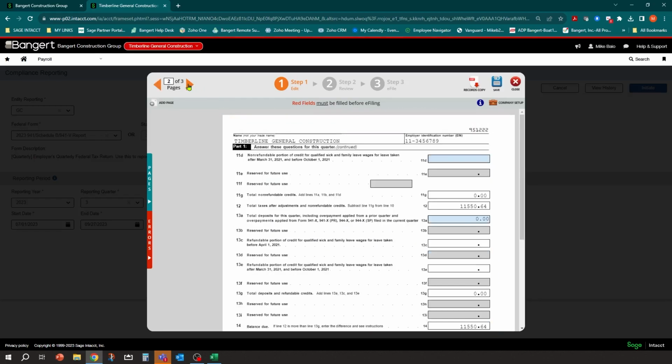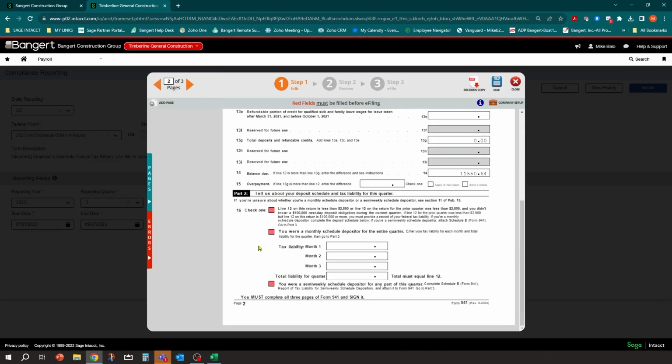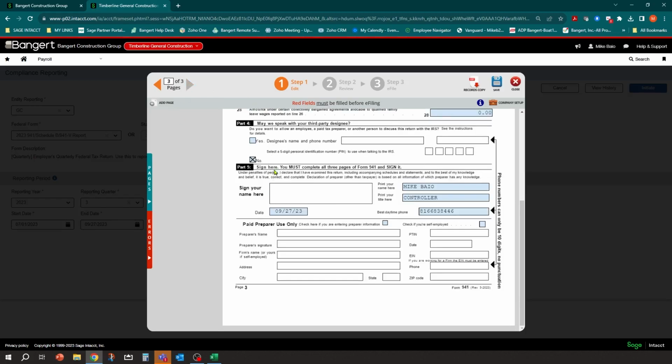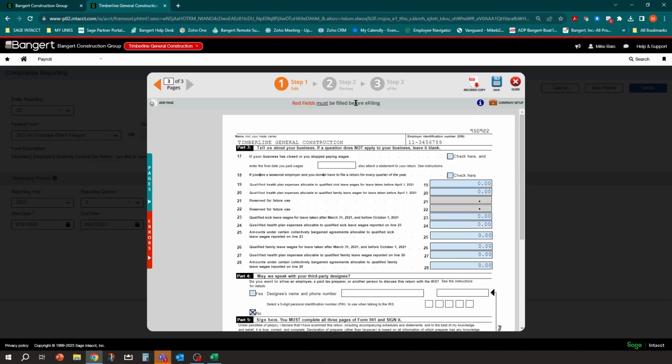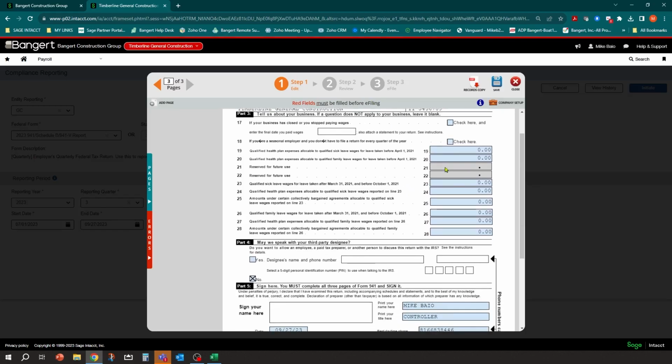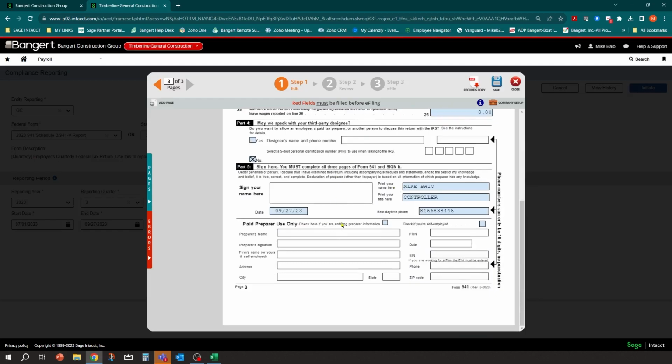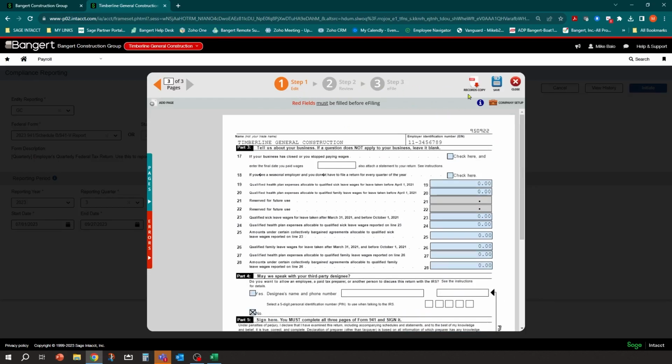And I'm just going to go to my second page. And then you have third page. Okay. And then from there, you could records copy, you can save it. Red fields must be filled in before e-filing. Okay, so it gives you a warning on that. And do I have any red fields?